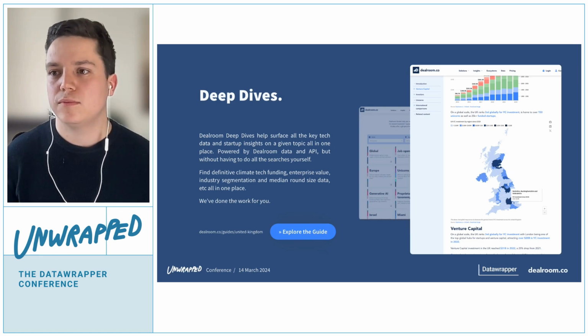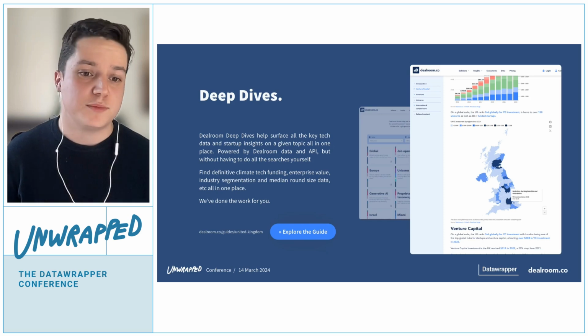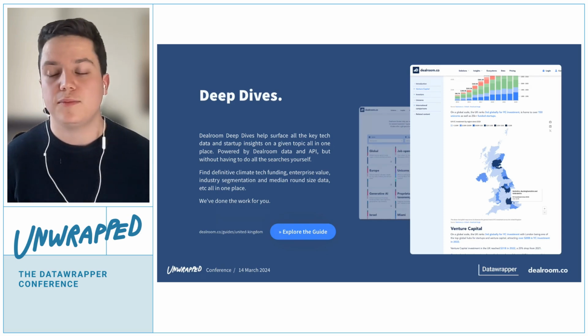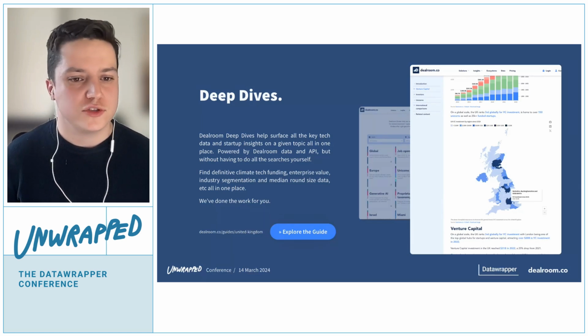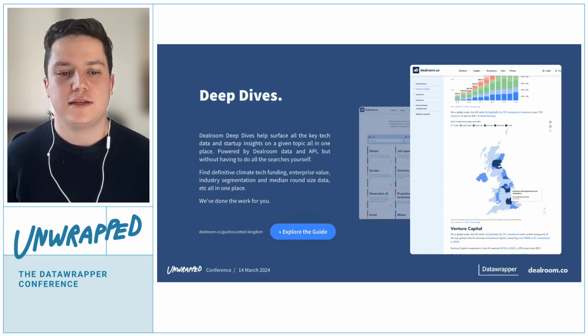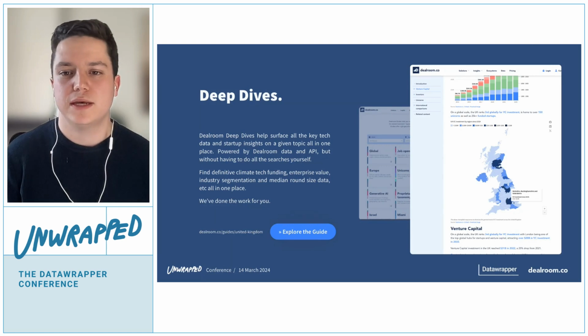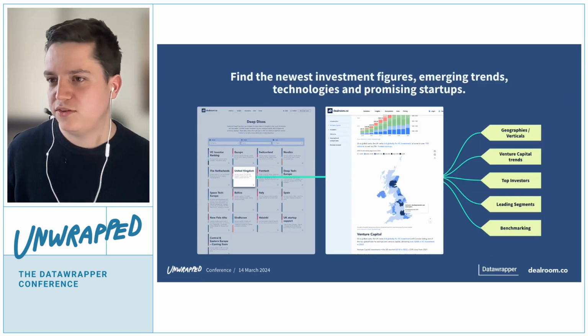We're able to do the analysis, present the information, and leverage the live updating functionality as well as the API to bring this information in. So whenever journalists, users, and people interested in the tech ecosystem read these guides, they can know that they're getting the most up-to-date numbers. A couple of examples can be seen here.